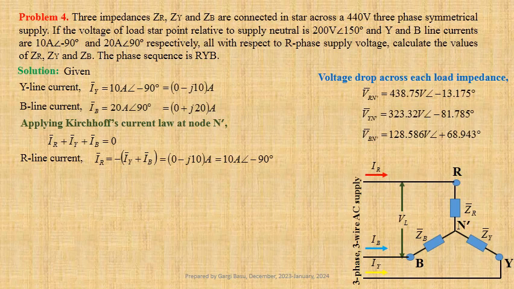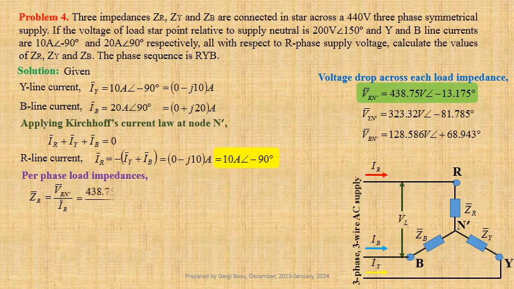Now we shall calculate per phase load impedances. ZR equals Vrn dash divided by IR. Using values, we get 438.75 at an angle minus 13.175 degree divided by 10 at an angle minus 90 degree. That gives us